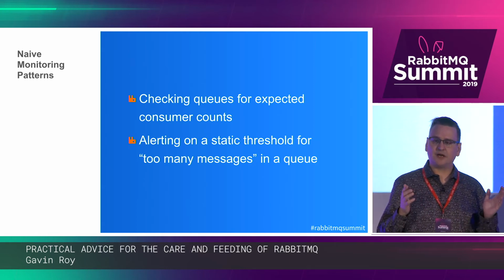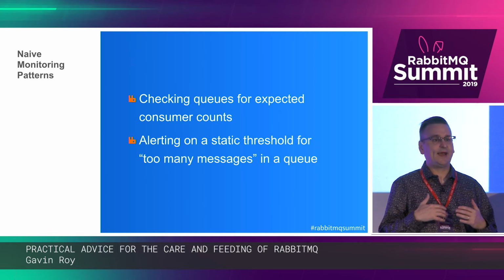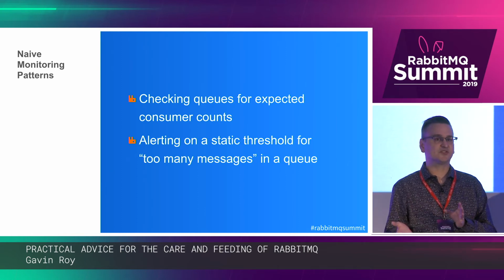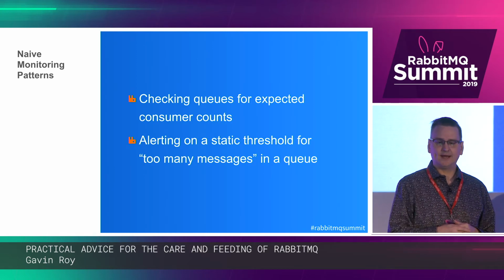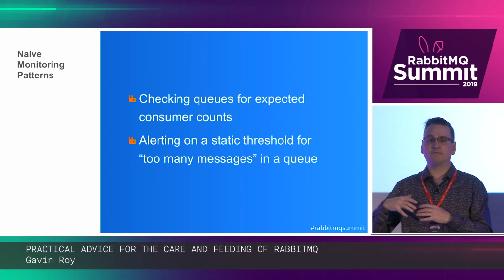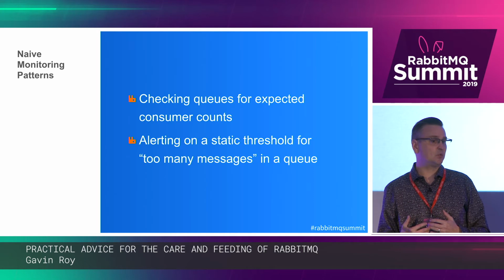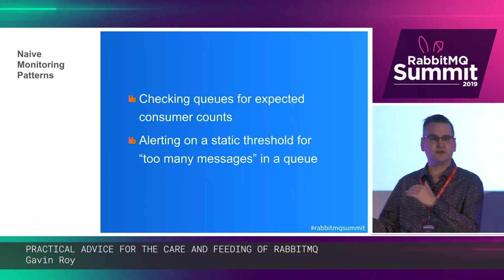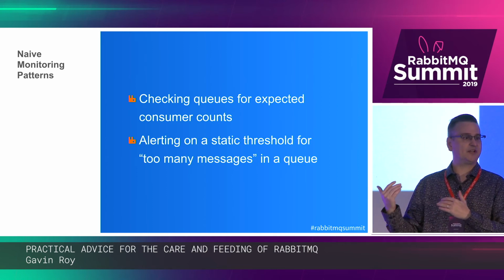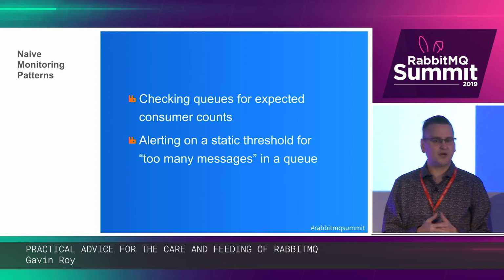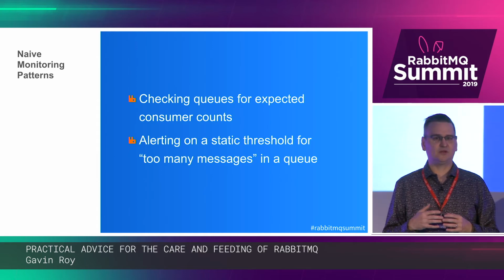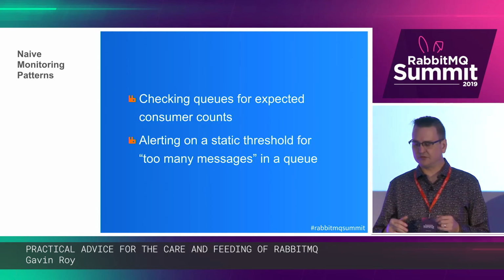If I have a queue and I've got 100 consumers on it, and I have an environment where, let's say, I'm running in Kubernetes and resources may go away and come back, or I'm running in AWS and they take resources away from me and then they give them back. I want to program for resilience, not consistent state. And so why should I monitor for consistent state? If I'm expecting 100 consumers, do I really want to set an alert threshold that says if I have less than 100 consumers, wake somebody up at 2 in the morning? Probably not. But if I have it at a threshold that is either a fraction of what it's supposed to be or 0, it probably makes a little more sense.